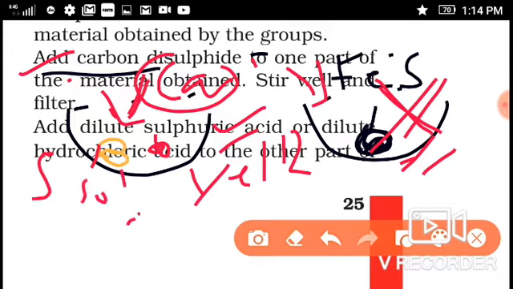Okay, and as you know that iron cannot dissolve. This is iron, Fe. Iron cannot dissolve, it is insoluble, so it can be separated by filtration. Now when the solution is allowed to evaporate, powder of solid sulfur is obtained. Means, adding carbon disulfide,